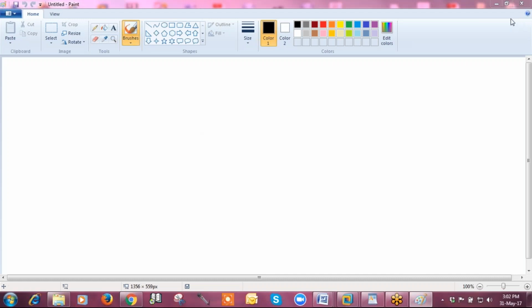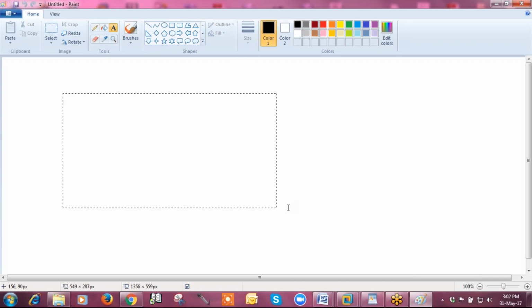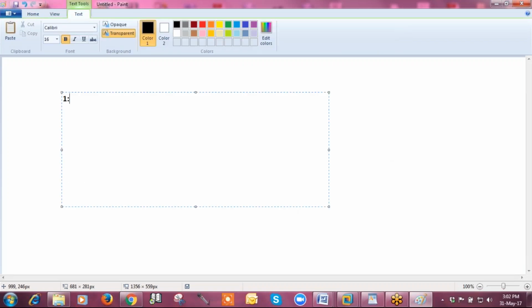Okay, so today's topic is functions. First of all we will cover single row function, thereafter we will cover group or aggregate function. So there are two types of function. One is single row function, and the second one is group or aggregate function. So first of all we will see